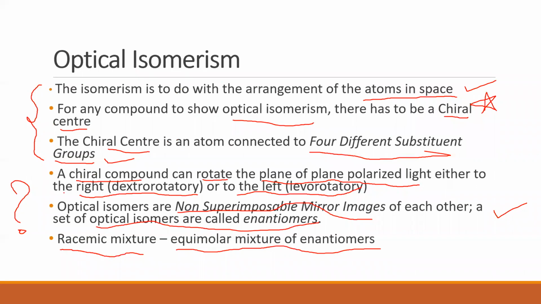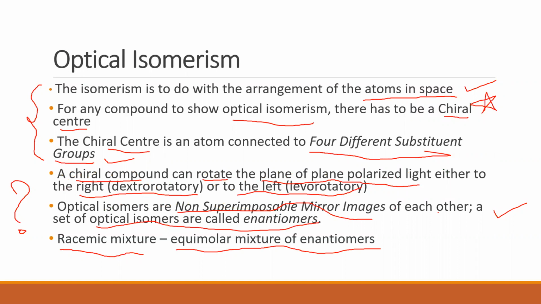Clear? Now comes the interesting part. A chiral compound can rotate the plane of plane polarized light either to the right or to the left. If it rotates to the right, we call it dextrorotatory or the D form. If it rotates to the left, we call it levorotatory or the L form. Clear? So optical isomers are